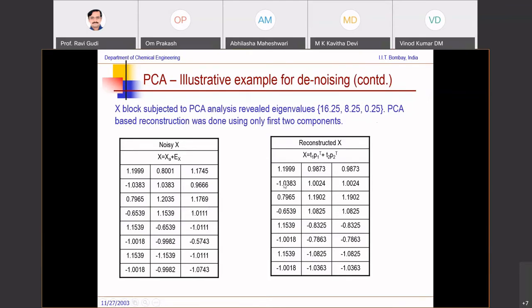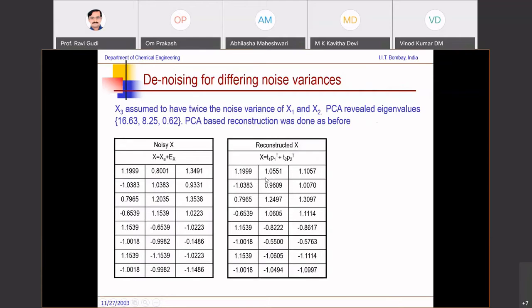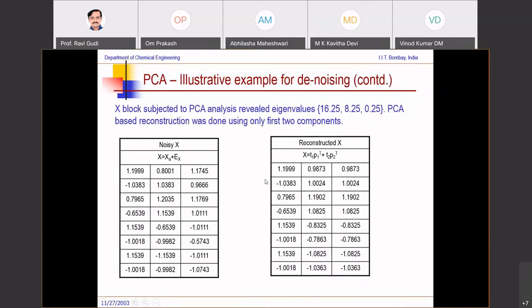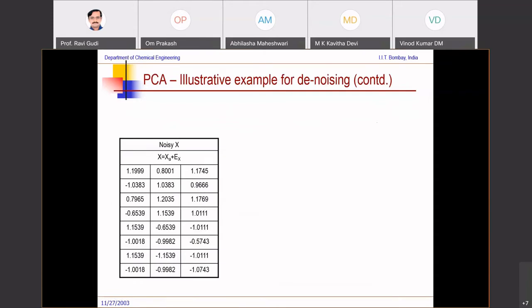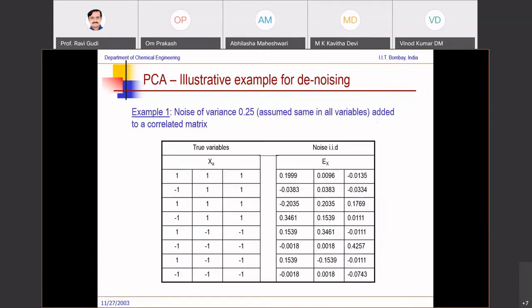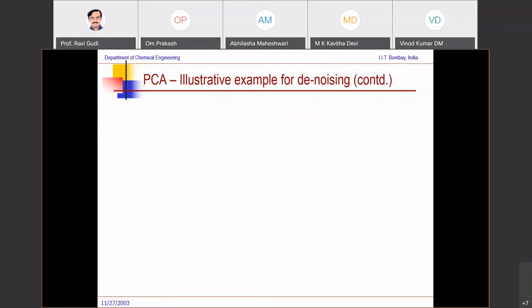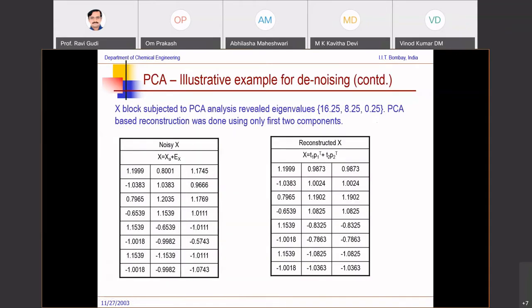Okay. So what you can assume here is that the reconstructed X does remove certain noise from the original variables, but it still does not generate for you the true matrix. What is the true matrix? Going back, the true matrix is this. It's not generating the true matrix, but in some sense it is doing some denoising, and it is generating for you the filtered value of X. So PCA in some sense does give you some filtering aspects.